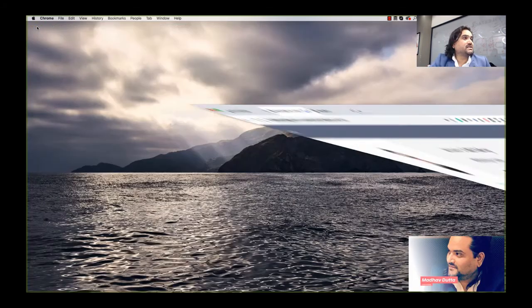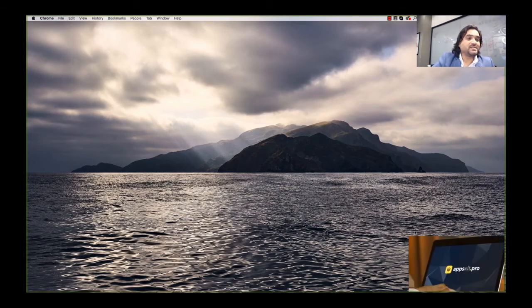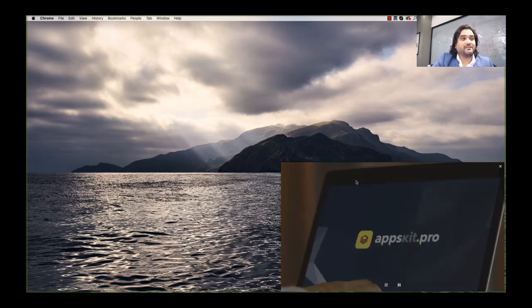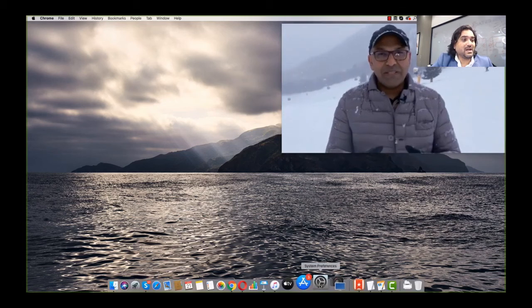So users would be able to just minimize the whole browser, but they would be able to see the video. They would be able to see the video on your desktop. Okay, and they can do something else as well. Let's say